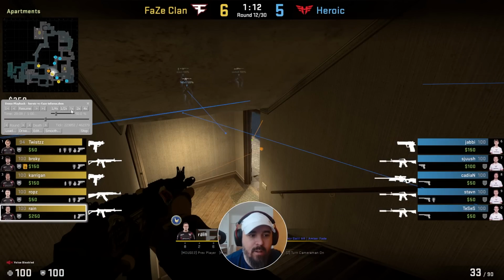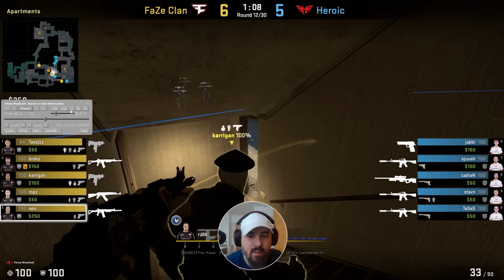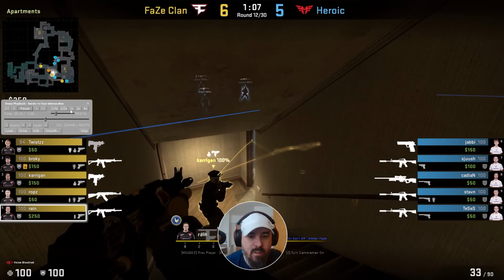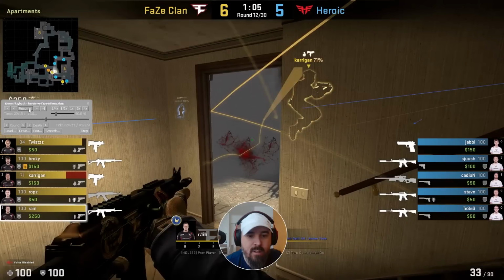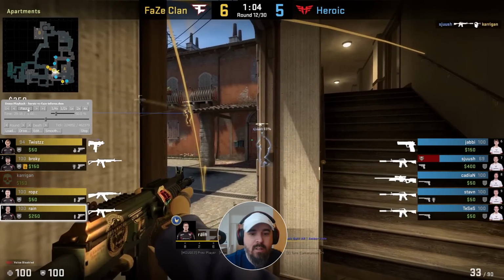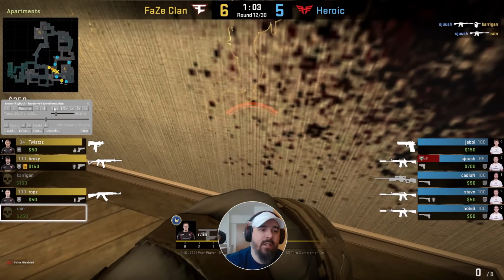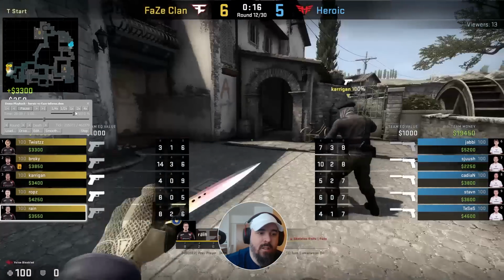And let's see what happens there. Smoke from Kerrigan. Okay. Flash from Kerrigan. Why is he not running in? That is super delayed and you end up dead. Now, the second thing is obviously Brocky,